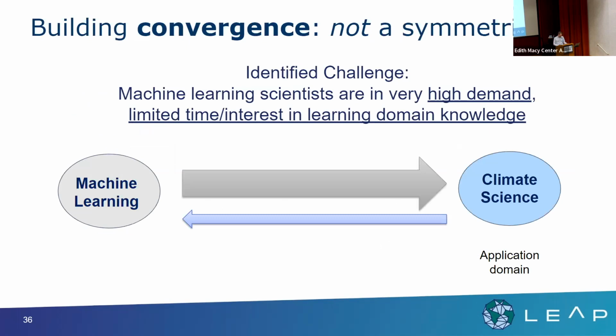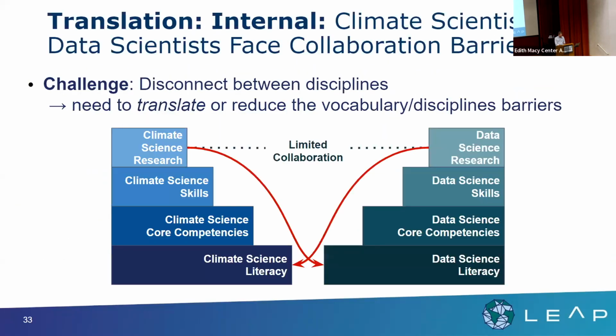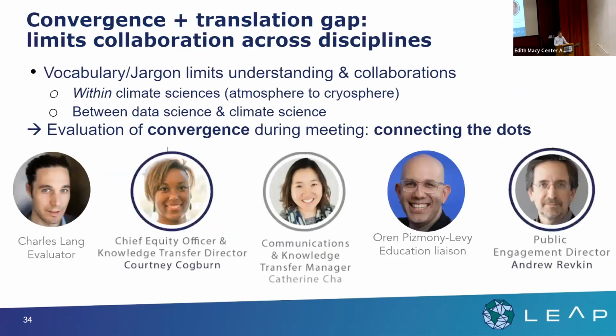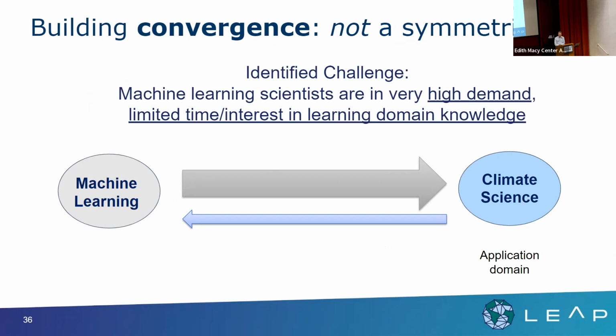And there was a key thing that came up, especially over the last year, I would say, since we started: building convergence is not a symmetric road, right? The way we were framing that, and that's at least what you could gather from that particular picture, it sounds symmetric in a sense, but we are really feeling more and more that it's actually not a symmetric road, right?